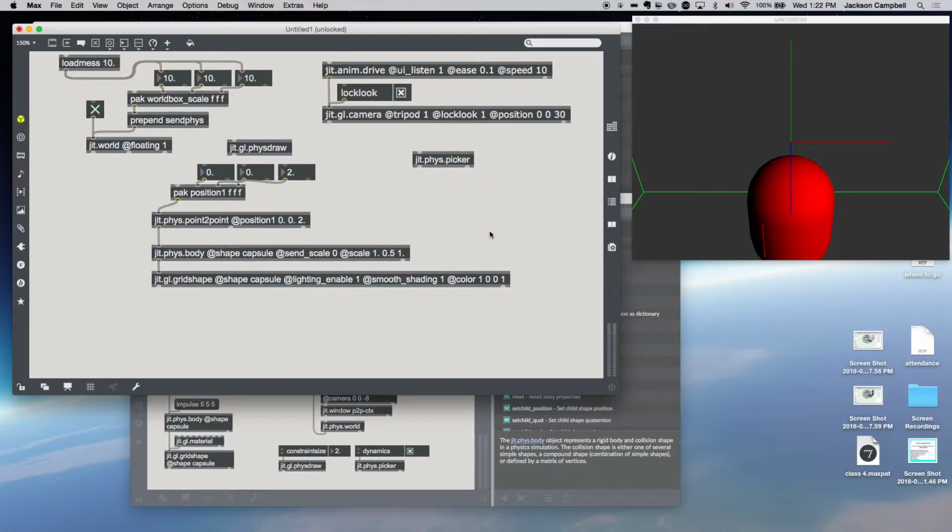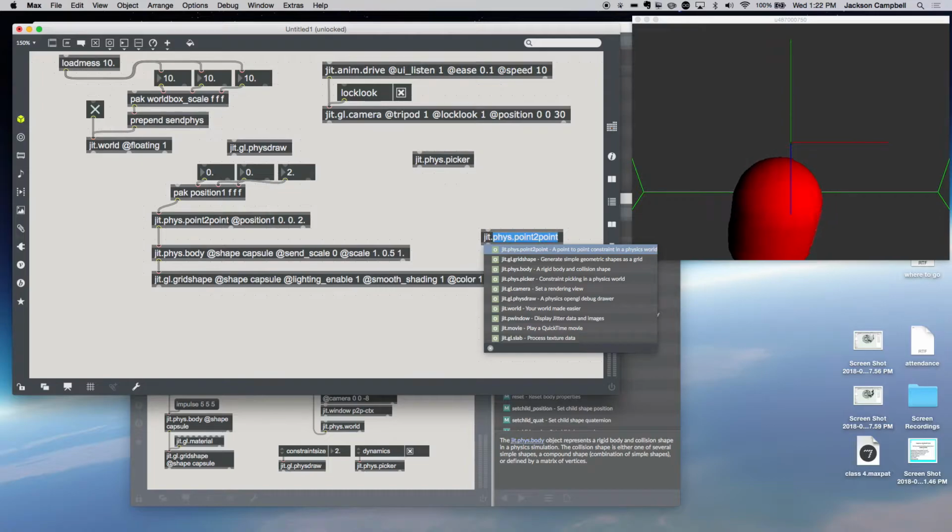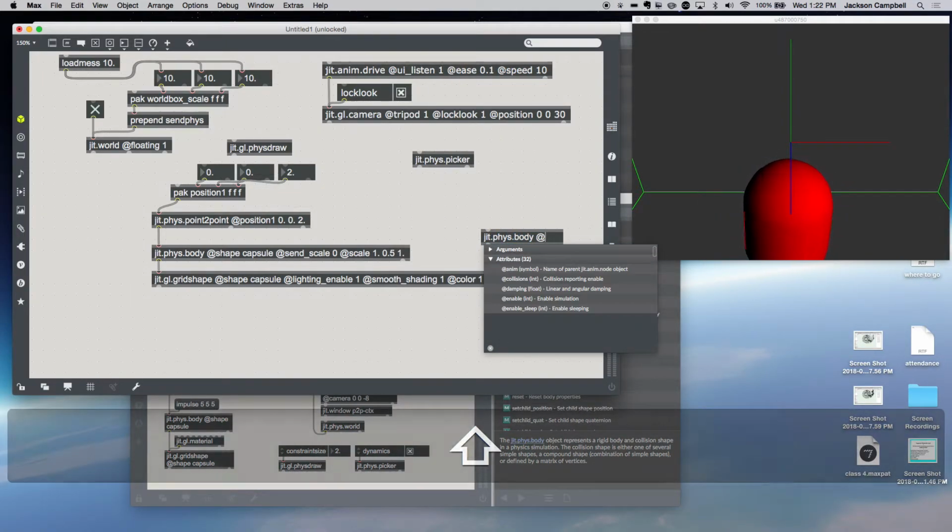And now what do we want? We want to have another object. We need the backboard of the punching bag, right? So that's like a cylinder basically that's sitting above the punching bag, but it's maybe only this thick, right? So we could make one of those. JIT phys body at shape